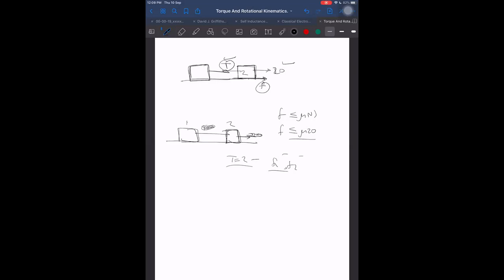Why is it indeterminate? First of all, how many equations do we have? We have one force equation along the x-axis for the first block and one force equation along the x-axis for the second block. But how many unknowns do we have? T, F1, and F2. We have 3 unknowns and we have 2 equations. So sometimes we may not get the answer. That is also possible. So therefore, while I frame this question,